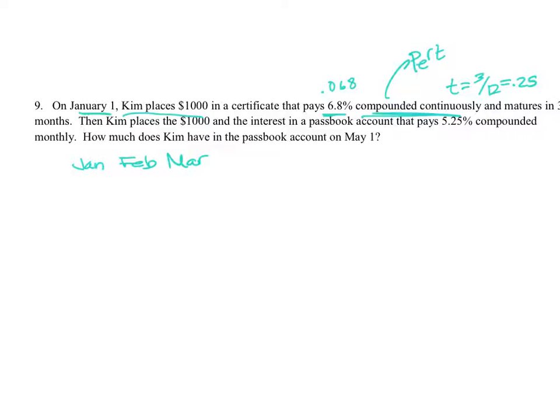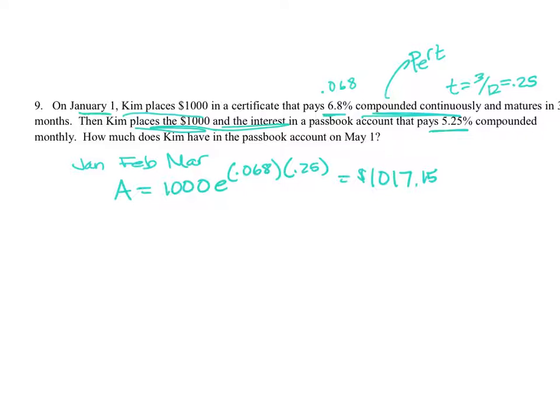Again, we are using PERT. So we would have the amount is determined by the 1,000 times e to the 0.068 times our time. And in this case, that's that 0.25. And when we figure this all out, we get $1,017.15. So now the rest of the question says that she places the 1,000 and the interest into an account